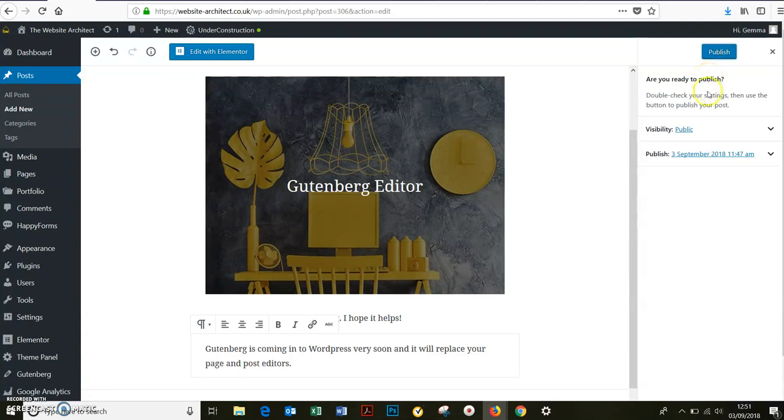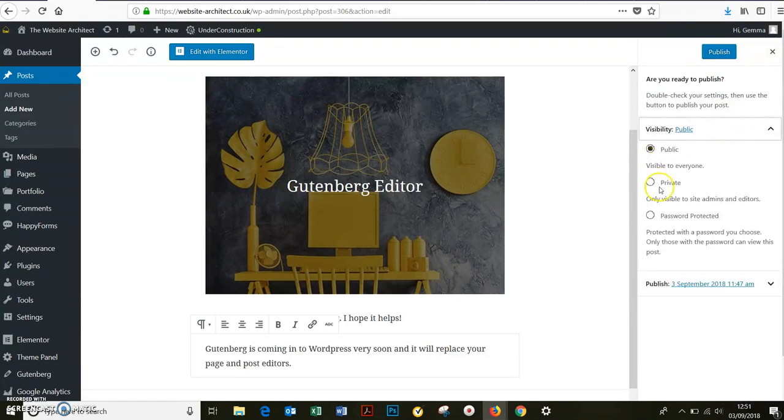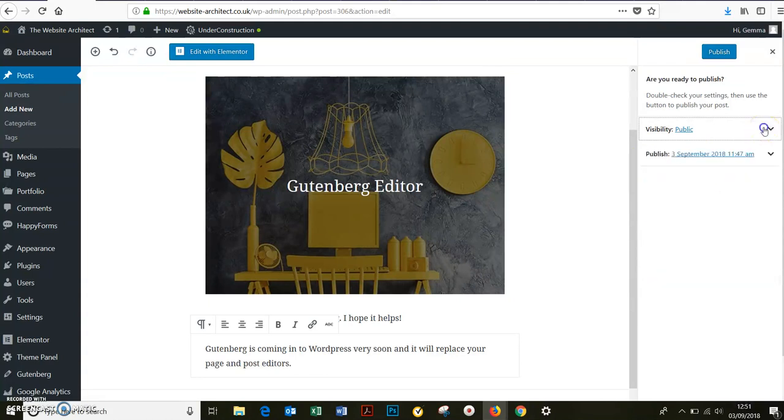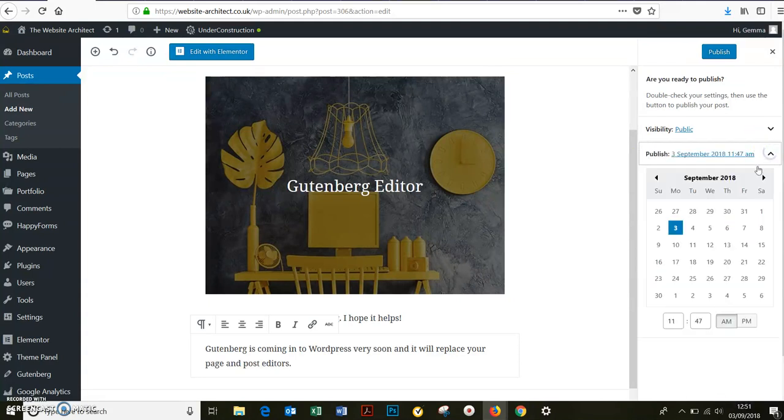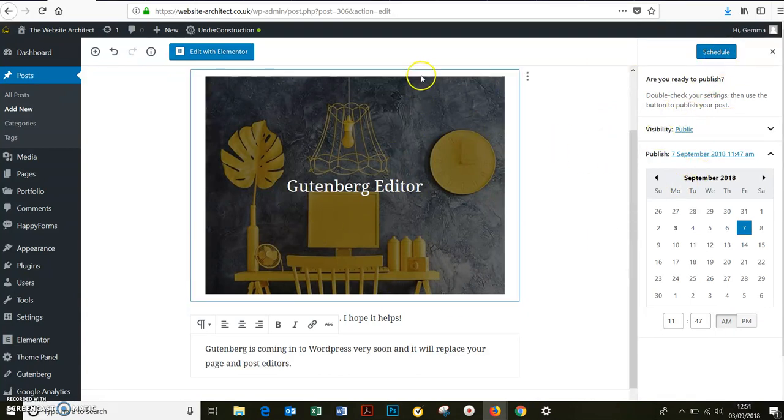So this is quite good. Are you really ready to publish? So double check your settings and then use the publish post. So again, there's your options: public, private, password protected, and you can even schedule your publish date. So if you wanted to set it to Thursday or Friday, and your time, and then you can just hit schedule. So I'm not going to publish it because there's nothing on it,